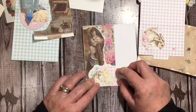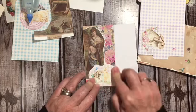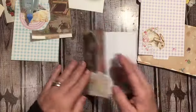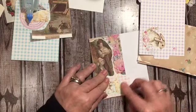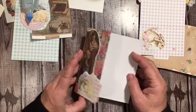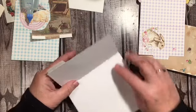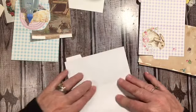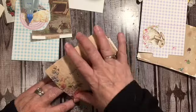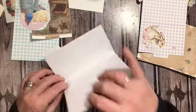Okay, we've got a sweet little pocket. Okay, and we've used one of the little filey cards. Like I said, I'm going to probably pull this over, and I think I actually want to leave a little bit, because this is going to end up being bigger than...